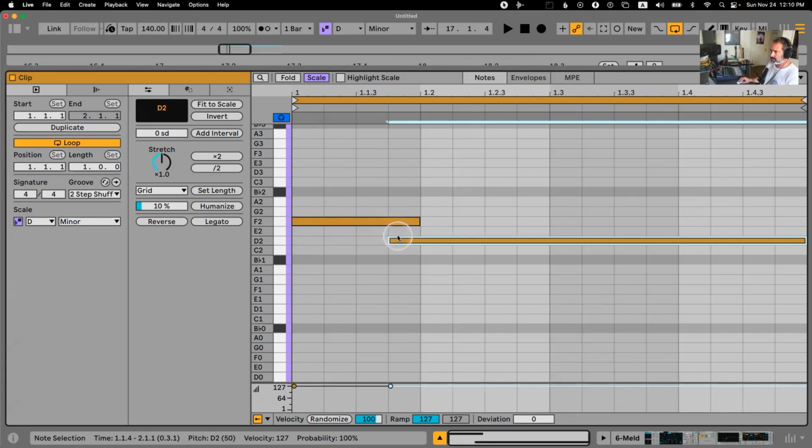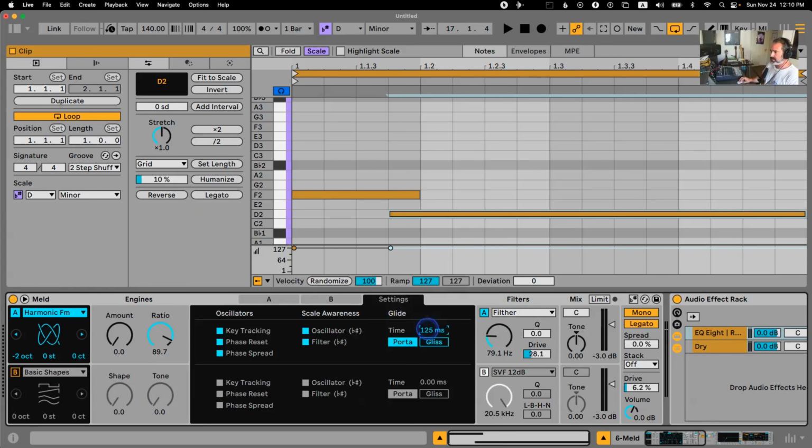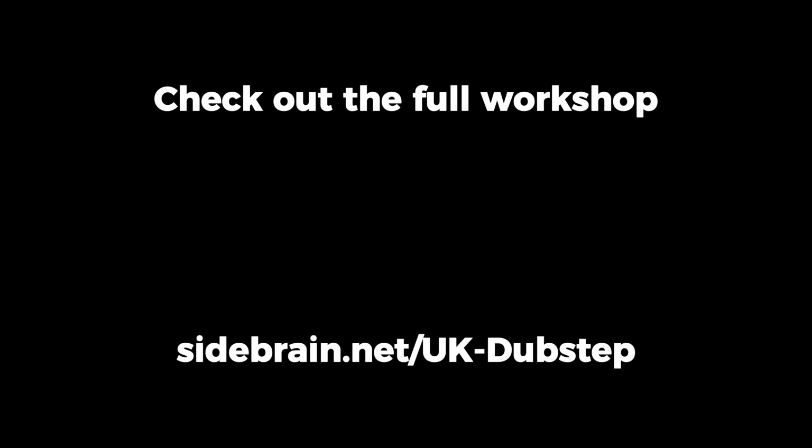But if you do want to overlap, I would recommend also going under settings. This you will find in any synthesizer, and add some glide as well if you want to glide between the notes. And maybe we'll go to the LFO and we're gonna